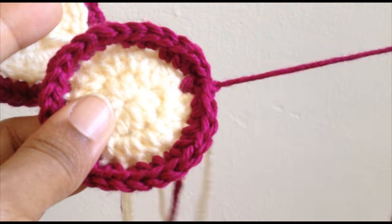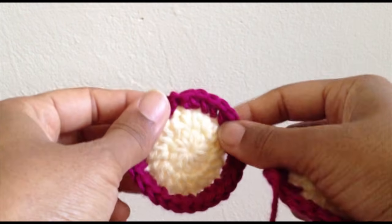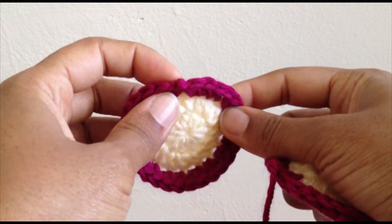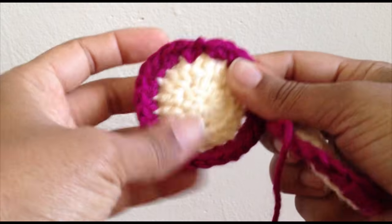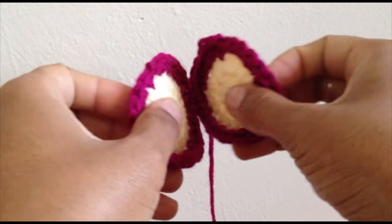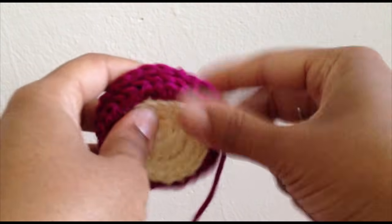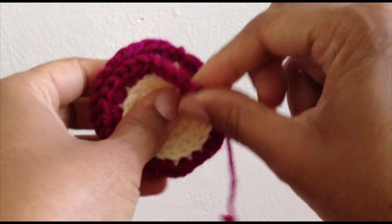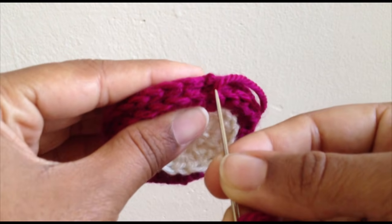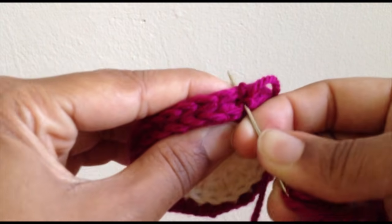So I've got my 2 eyes, and what I'm going to do is take, see that little knot that shows where I ended that last row, and put them facing each other. One side, I left one really long tail on the end of one of them. I lined up where the rows end, and I'm going to take my sewing needle